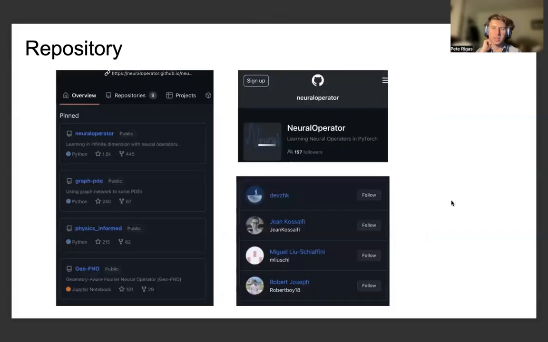And now we're going to be mentioning the repository, which is used for the neural operator. So this is the GitHub repository, and it's called the neural operator, and it's from these 4 contributors. And they provide a lot of great overview in terms of how one can try to learn about neural operators in infinite dimensional spaces, as well as establishing connections between graph networks to solve PDEs, and establishing also other connections